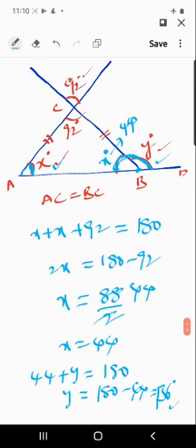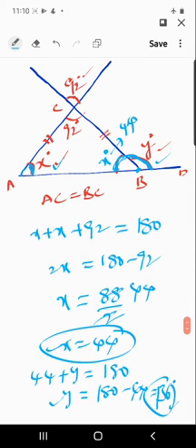So in this particular problem, finally we got the y value and x value. But here what are the things we are using? You see here, vertically opposite angles are equal, this concept we are using, by that we got one angle. And one more thing is that angles opposite to equal sides are equal, that statement we are using here. Without using that statement it's very difficult to solve it. So these many concepts we have to remember to solve triangle property related problems.